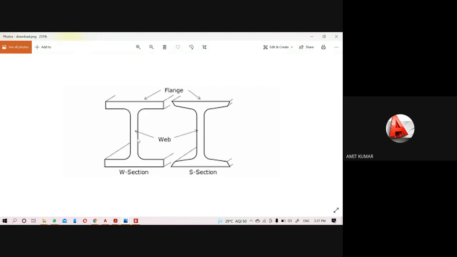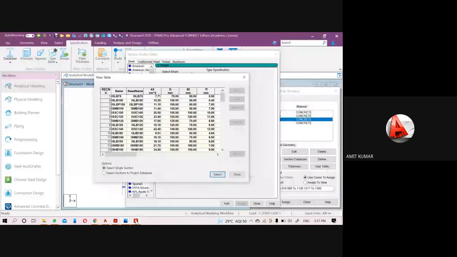According to the web depth, the name of the steel is given, just like ISLB 100. That means 100 is the total section depth, and here you can see the web thickness, flange thickness, everything. So here is BF, that is the flange width. TF is the thickness of the flange.